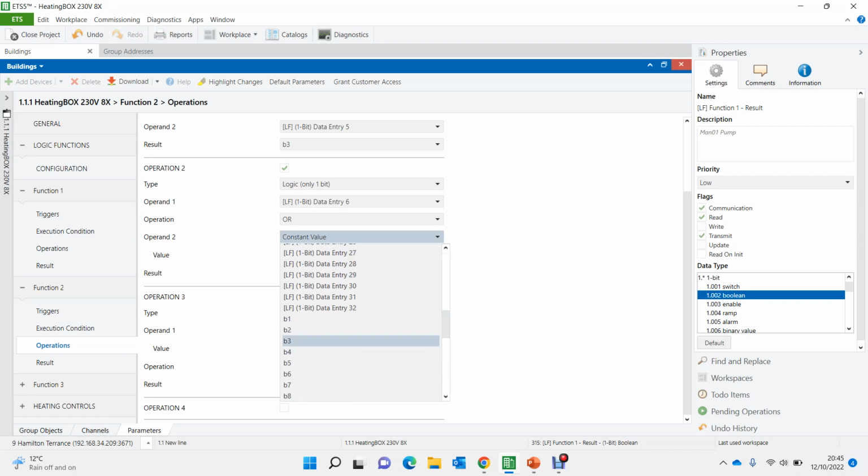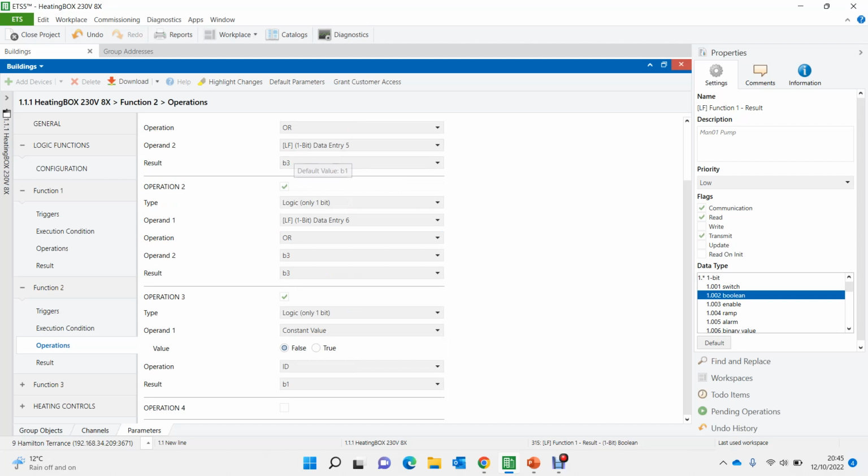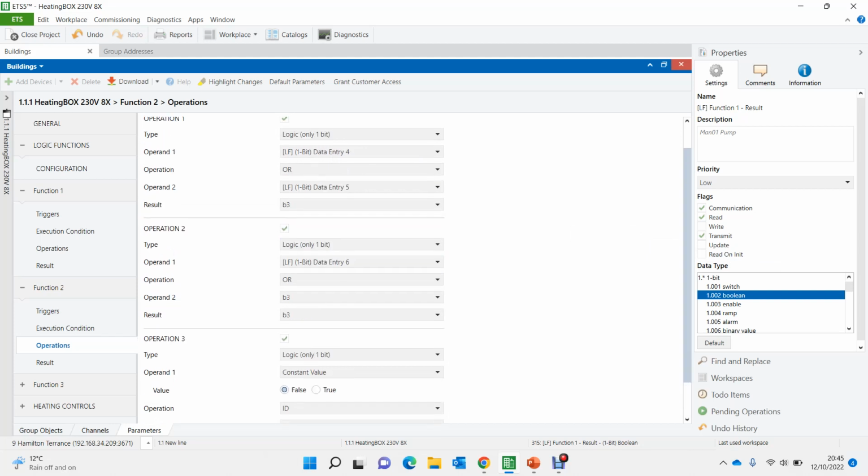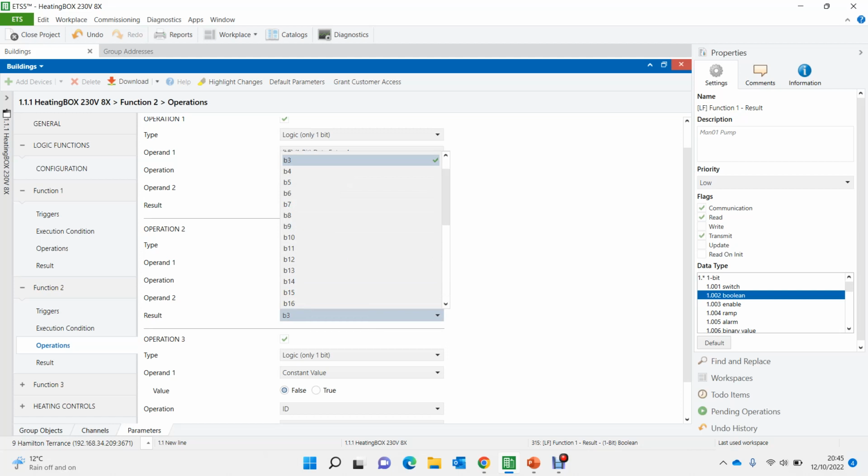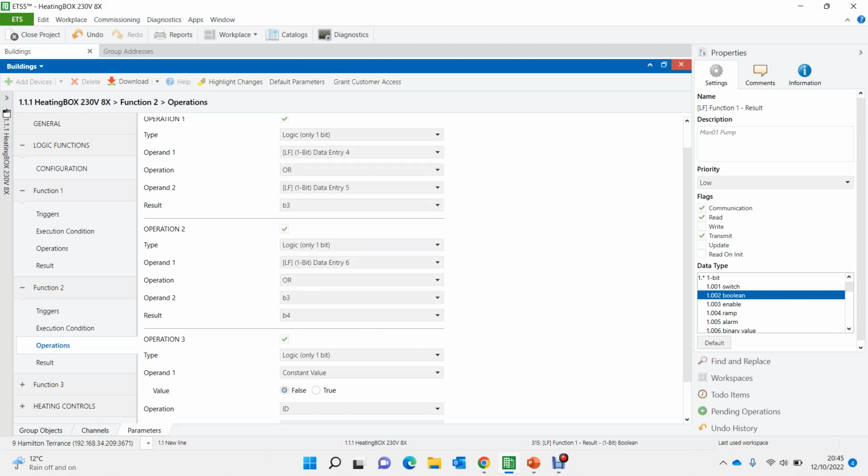So now what I'm doing is, 4 and 5 OR gate, result going to B3, then 6 and B3 OR gate, result going into B4, and then